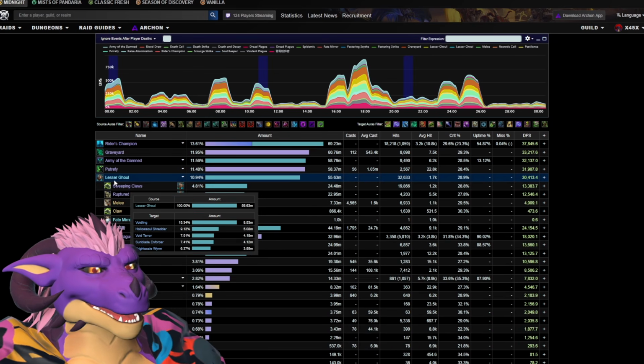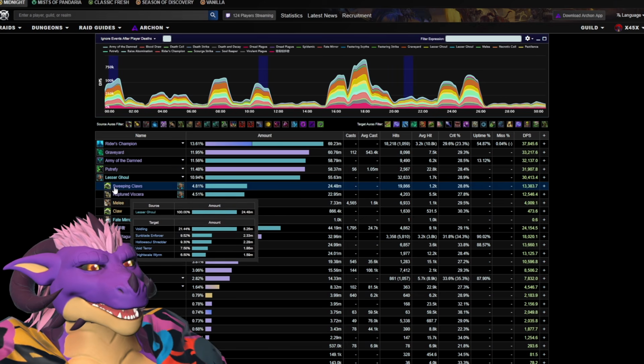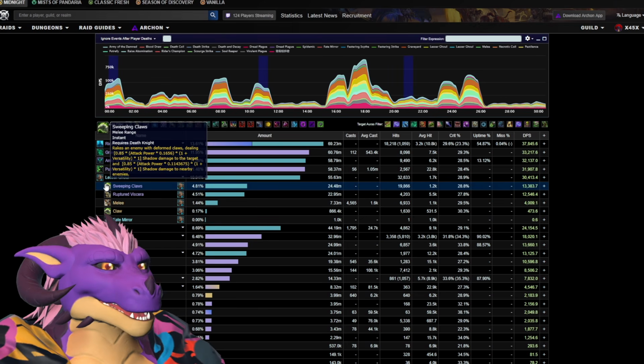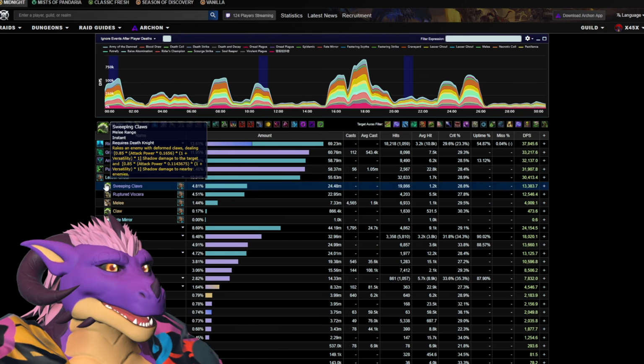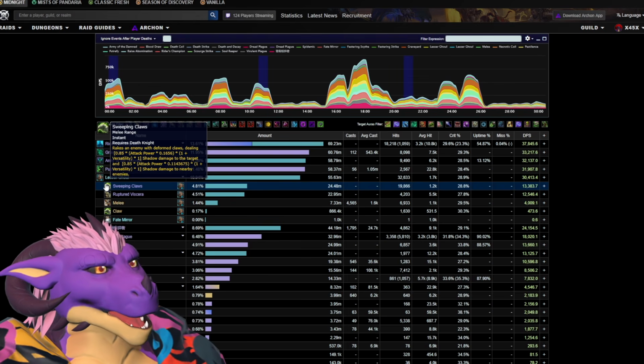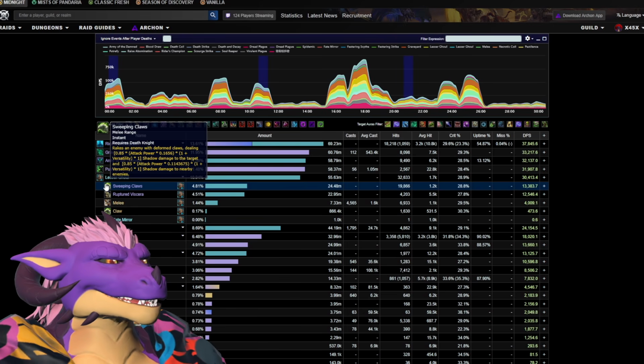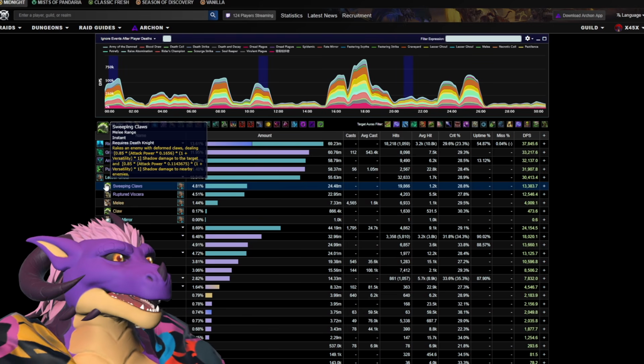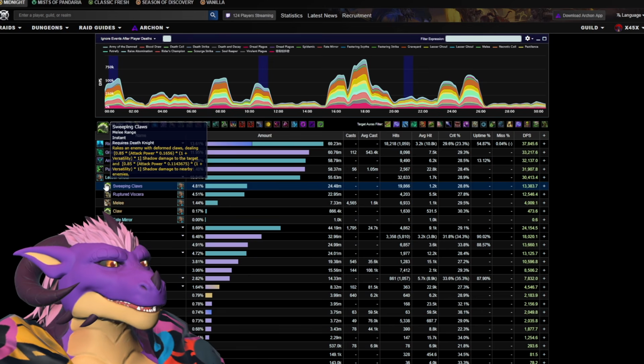Lesser Ghoul's a lot of damage, and if I look in, notice that a good amount of it is Sweeping Claws. If you read the Sweeping Claws, you attack an enemy and deal shadow damage to them, and shadow damage to nearby enemies. Oh, when I was first learning, I realized that I was missing this component. My damage would sometimes fall off, and I wasn't sure why I was losing damage.